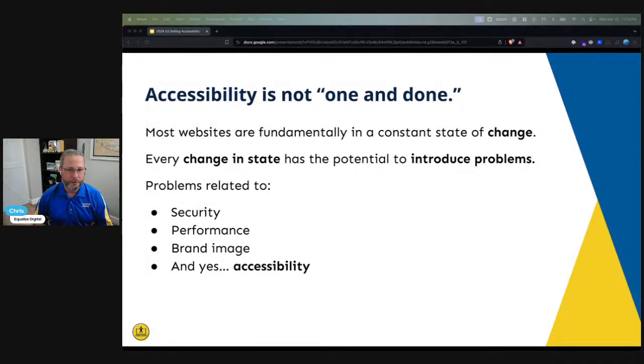This is particularly true in WordPress, right? Maybe we're changing or adding content. Maybe we're adjusting navigation menus because we added a new service or a new page or a new feature to our website. Maybe we made some strategic style changes to our theme or to our layouts, or we added a new Gutenberg block kit to our website. Any of these, installing new plugins, even updating existing plugins. A plugin update could introduce a breaking change for accessibility. This is why we have website maintenance and monitoring plans, just in general terms, right?